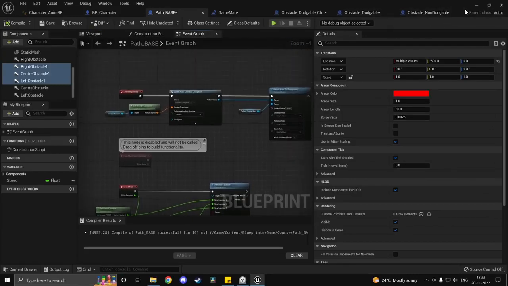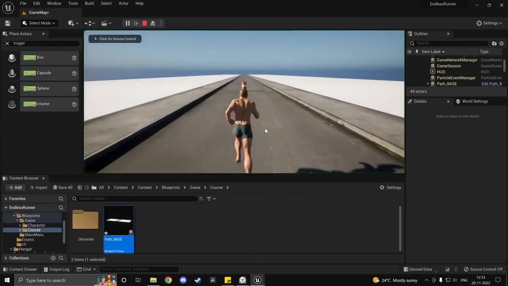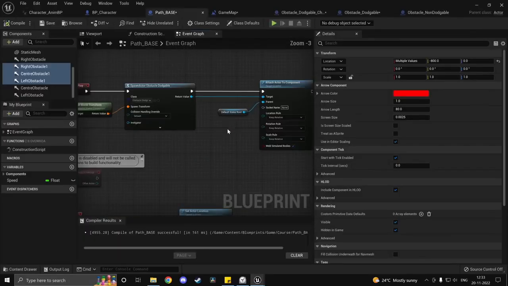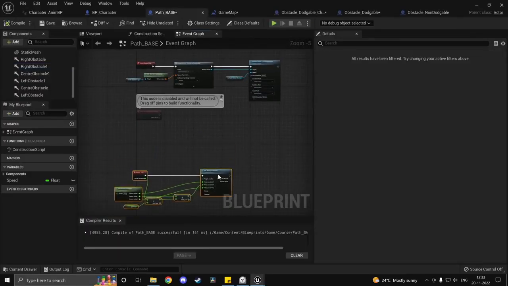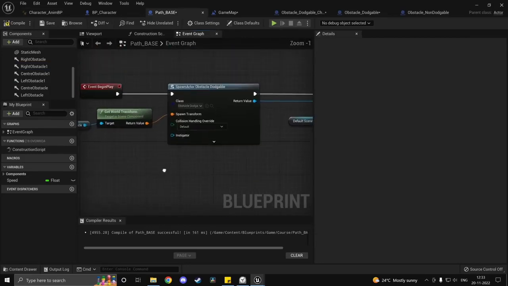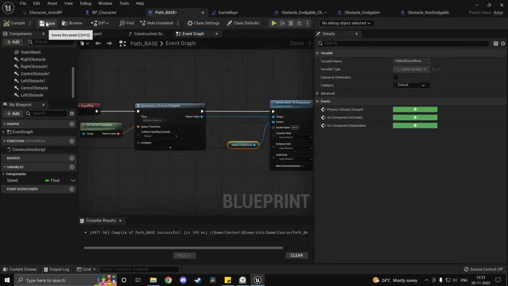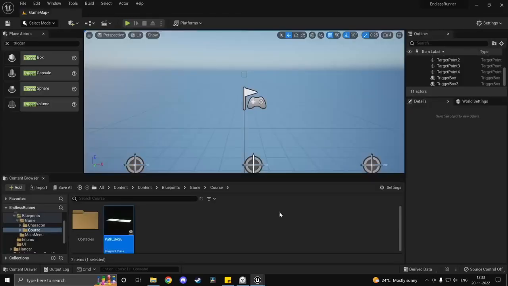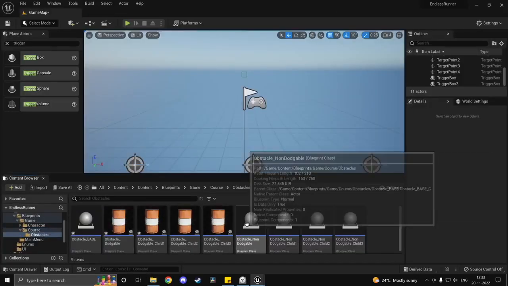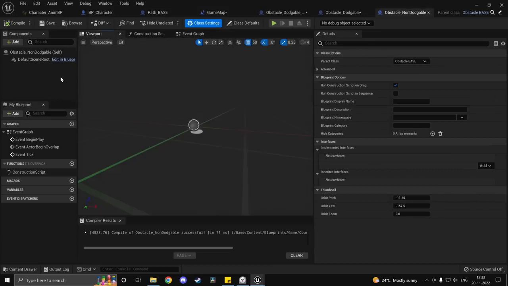And now if I go ahead and press play, we have to set up more logic actually. So we are spawning the obstacle dodgeable here. Now we'll make some non-dodgeable obstacles as well. So set up the non-dodgeable one. We can have something like a shipping container or something. So the way I do it is going to be,